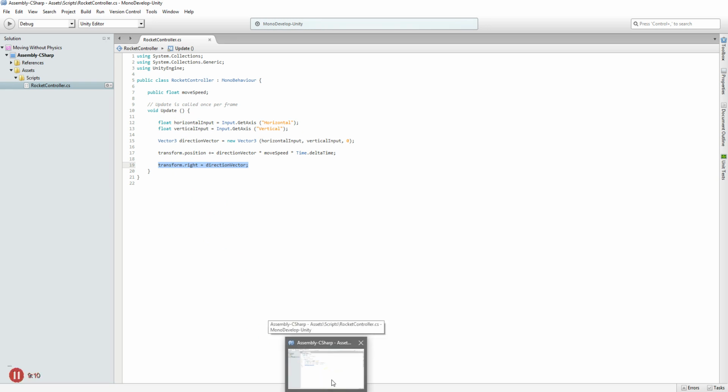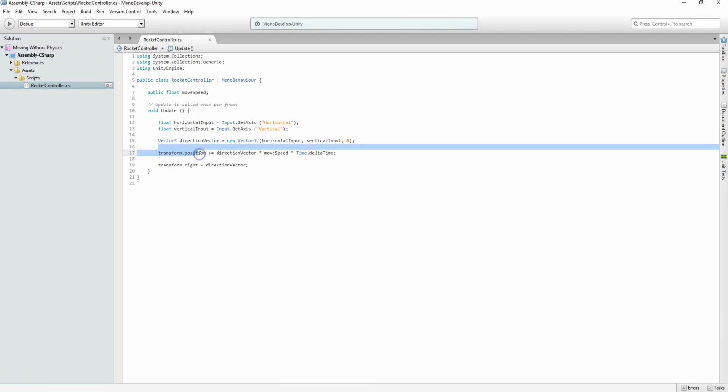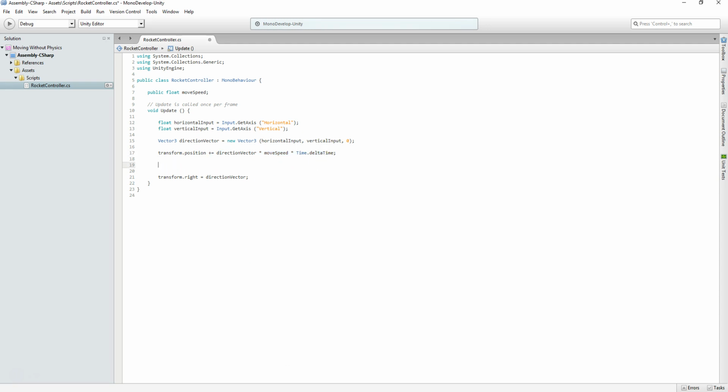If you're going to be using this to collide with other objects, it's often better not to directly manipulate the position of the transform, but instead use the rigid body, as if you tell the transform go over 1 unit, it might go through a collider, place your object inside a collider, or travel straight through a collider. So rather than forcefully telling the transform, go to a new position, you could do the exact same thing with